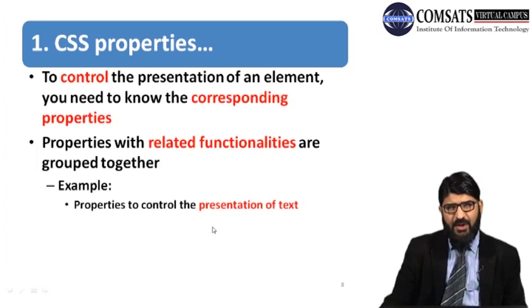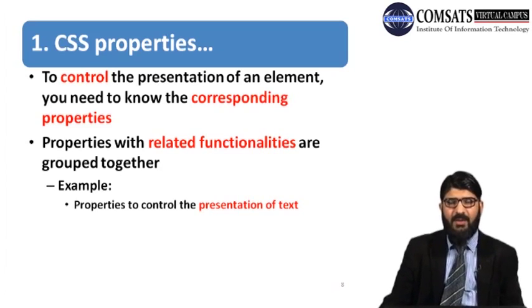To control the presentation of an element, you need to know which properties are to be assigned for which particular web form element. हर web form element की कुछ defined number of properties हैं और उन्हीं प्रॉपर्टीज को हम उस स्पेसिफिक वेब फॉर्म एलिमेंट के लिए यूज कर सकते हैं। फॉर एग्जाम्पल, अगर हमें किसी टेक्स्ट के ऊपर कुछ अप्लाई करने हैं एट्रीब्यूट्स, तो उसकी स्पेसिफिक डिक्लेरेशंस हैं। सिमिलरली इमेजेस की कुछ अपनी प्रॉपर्टीज और उनकी वैल्यूज हैं, टेबल की कुछ अपनी डिक्लेरेशंस हैं। सो वी नीड टू नो कि हम किस केस डिक्लेरेशन को किस केस वेब फॉर्म एलिमेंट के अगेंस्ट अप्लाई कर सकते हैं।